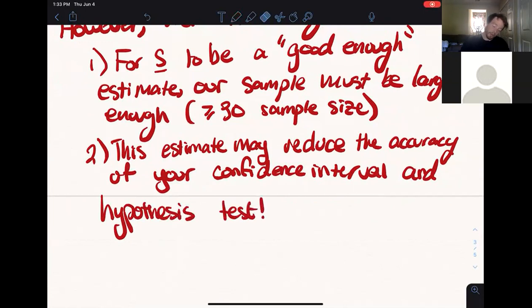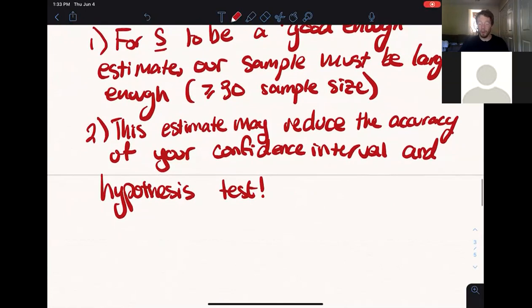And we will show, so this kind of sucks. We don't want to reduce the accuracy. We want to say that we're 95% confident and mean that we're 95% confident, rather than say we're approximately 95% confident, right? So this being said, we will lose accuracy if we do this, but we will